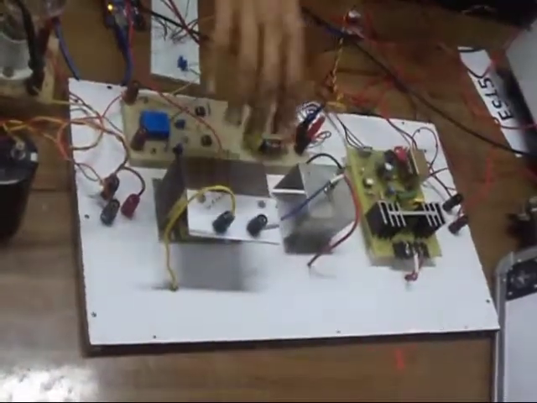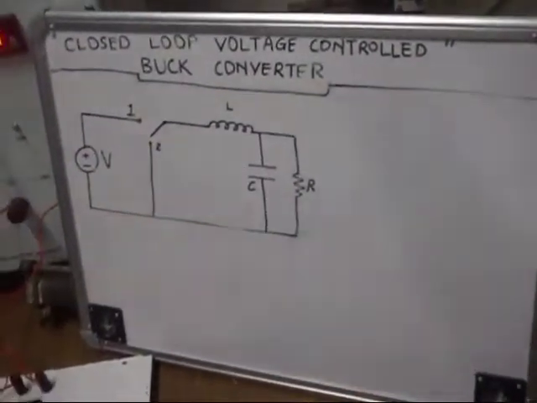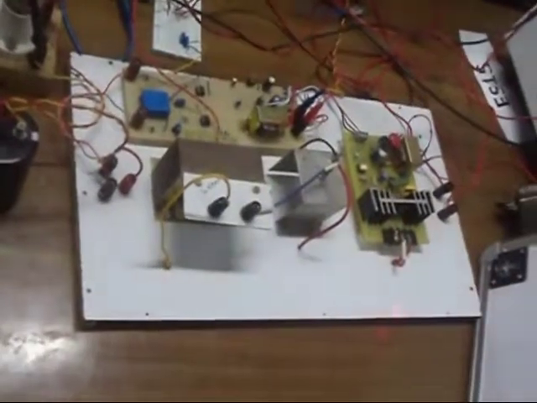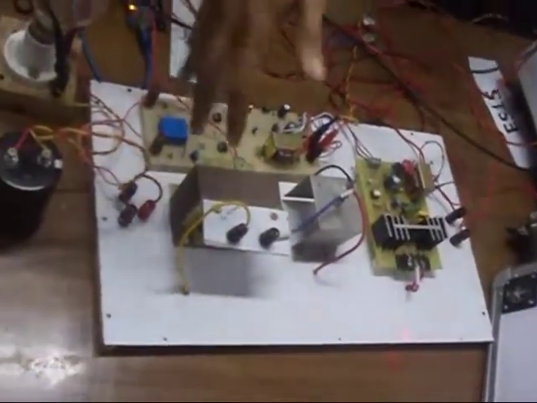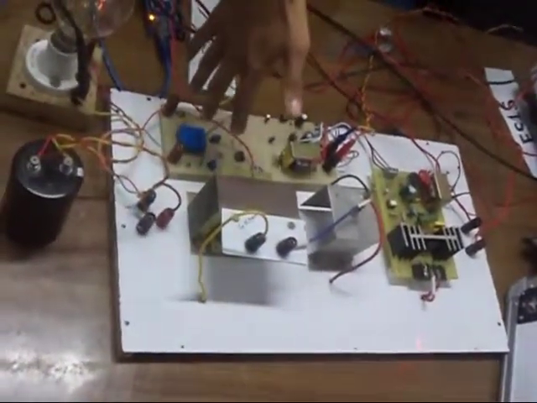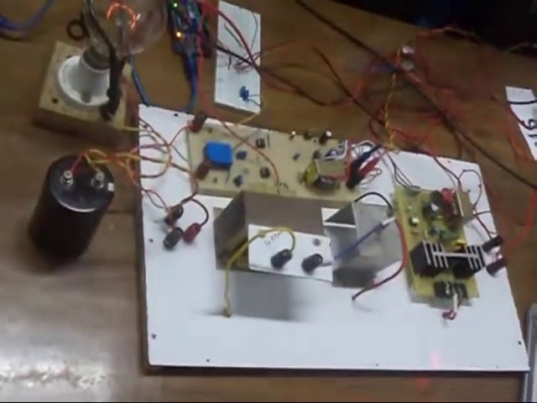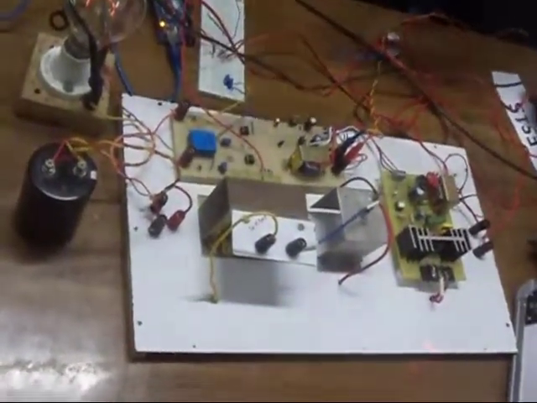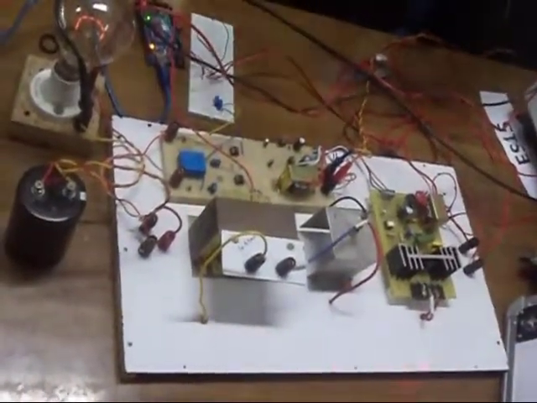The initial part is very clear, as it is similar to the circuit shown earlier. In this format, these four components are connected. Now how does it work in a closed loop? The voltage is sensed from here by this voltage transducer. What it does is, according to the settings of the potentiometer here, it steps down the voltage, and that is fed to the Arduino board.